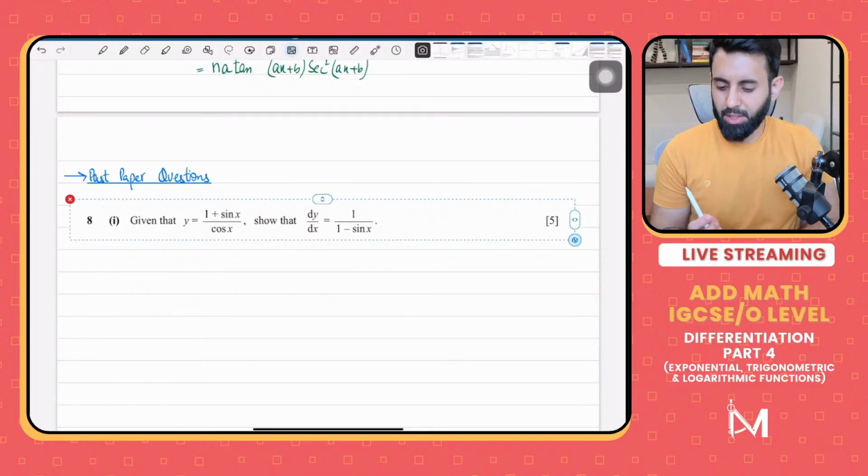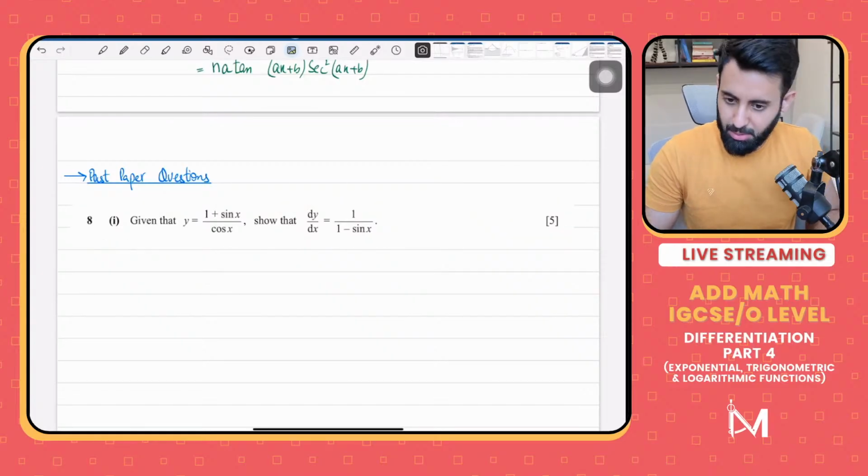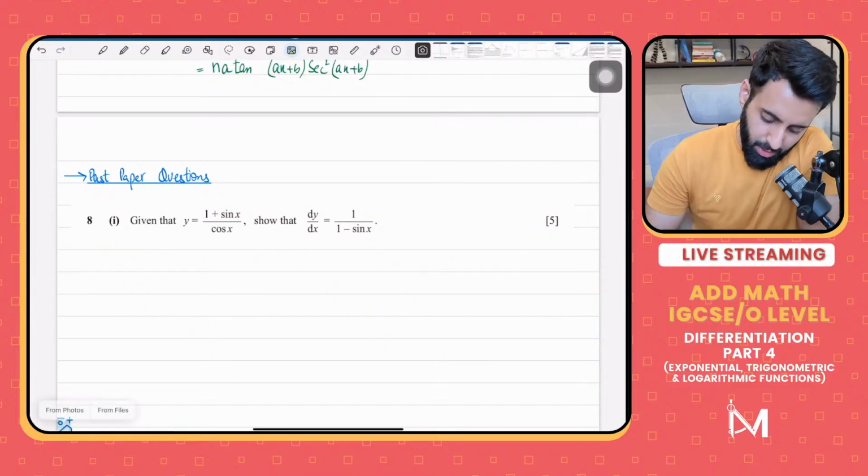Okay, so if you're differentiating trigonometric functions, remember there's got to be some identities that you have to use along the way. So here, y is equal to